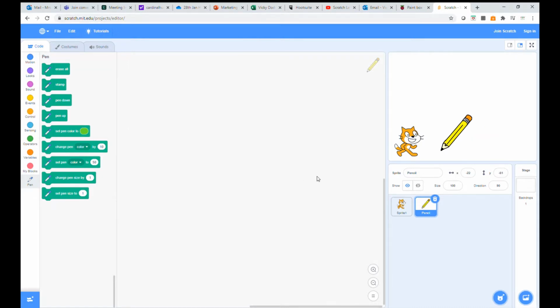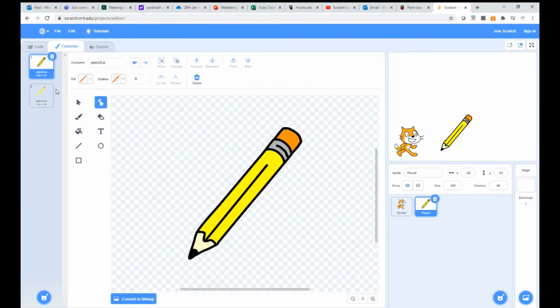The next thing I'm going to do is start looking at the costume of this pencil. So I'm just going to pop up to costumes up here. Now I've got pencil A and pencil B. I don't want this pencil B, so I'm just going to get rid of that one. What I'm going to do is create different pens of different colours. So if you are on an iPad or a tablet, you're going to hold down your finger on that pencil. If you're on a laptop or a computer, you're going to right click with your mouse and then you'll get